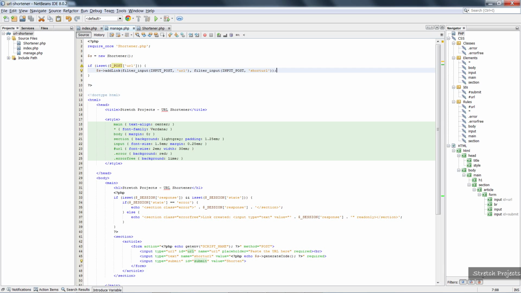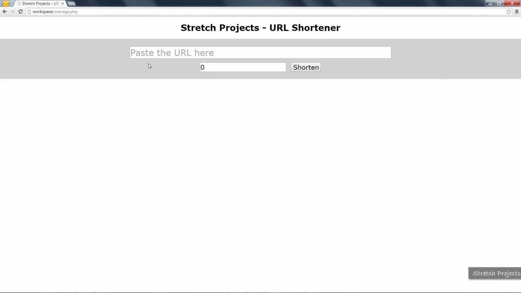So this should try to insert if the URL is provided when the page refreshes. If we reload this now,